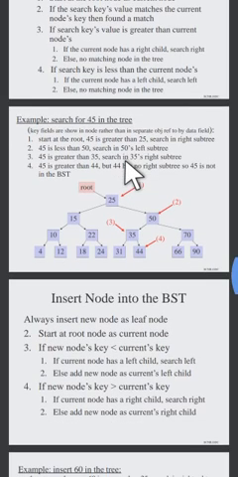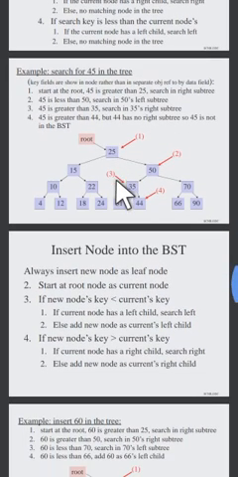Let us see one example. In this example, we have to search for the number 45. This is the key node to be found. We have to start our search from the root node. Here 25 is the root node, and the node to be found is 45. So we have to compare 45 with 25. When we compare 45 with 25, 45 is greater than 25, so we have to move to